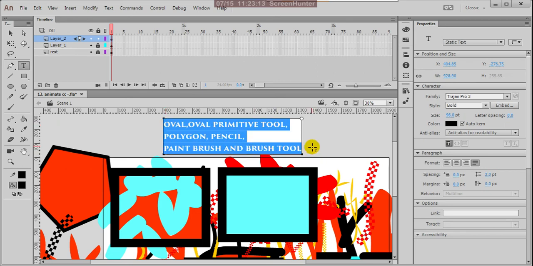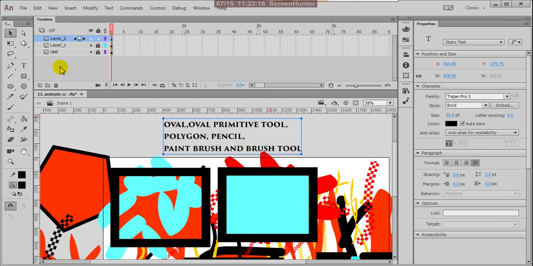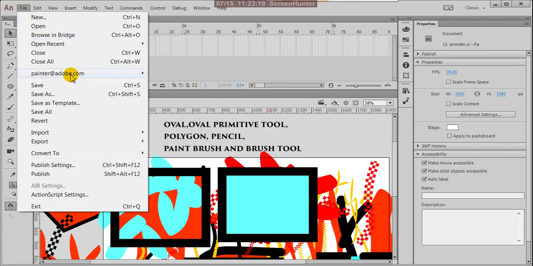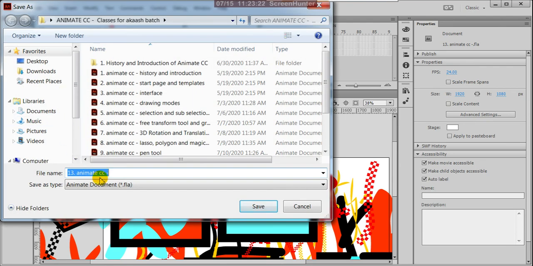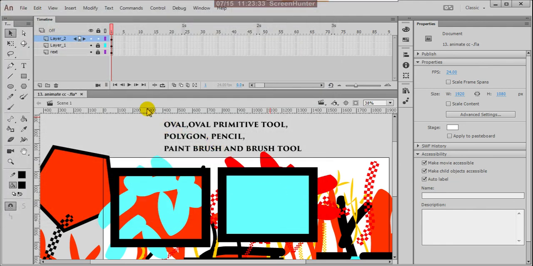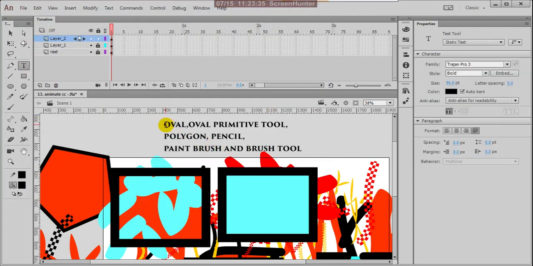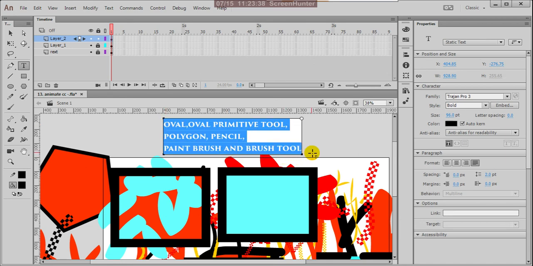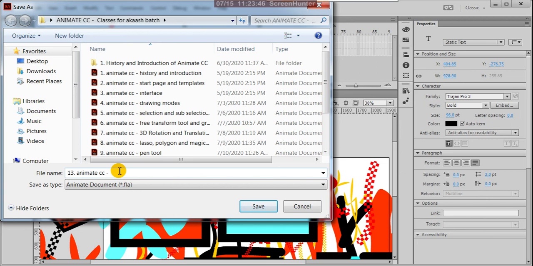Control C. Now we can save as. Give that name, oval primitive tool.